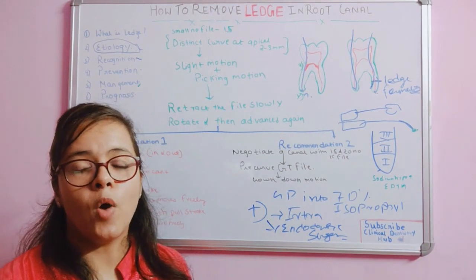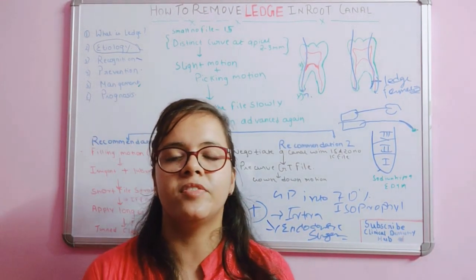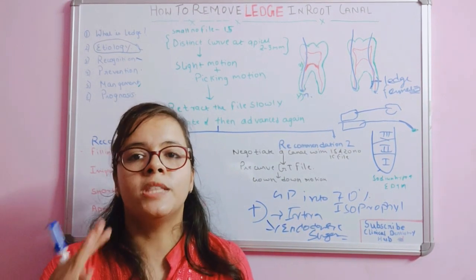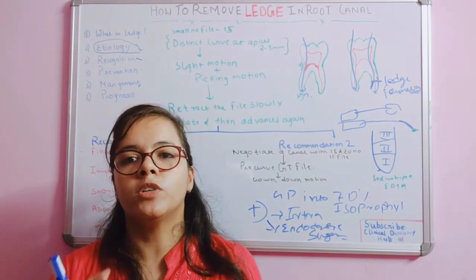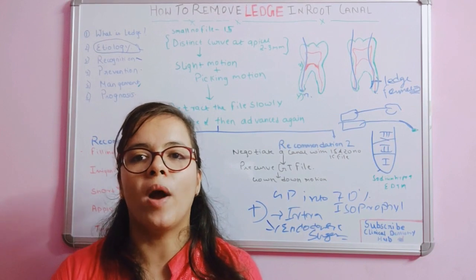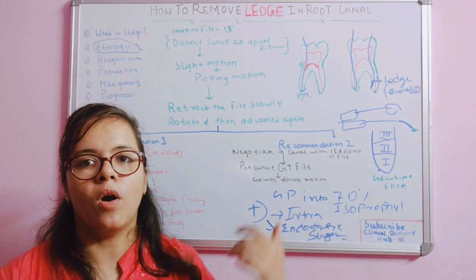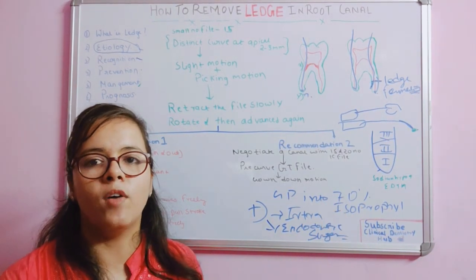So now when you have to go for the endodontic surgery, the first question that arises is how much part of the root is to be resected. So this basically depends upon the position of the ledge, at what point your ledge is formed. In that case, you have to decide what all precautions have to be taken and how it is to be done.